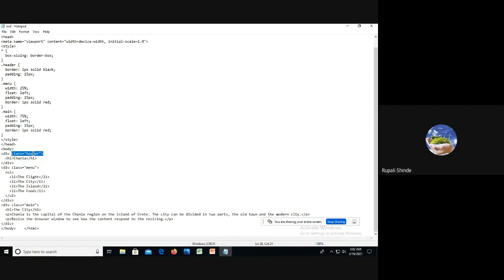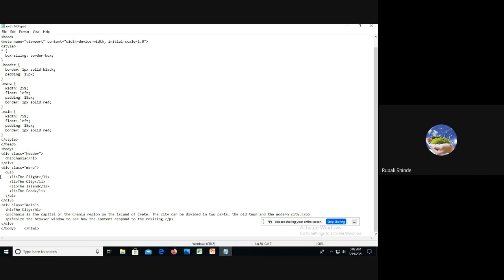That means whatever properties we specify for the header, all those properties are applicable on that particular div element. That div element has the content China, with a border whose color is black, 1 pixel, solid, and padding is 15 pixels. It is applicable on the first grid, or the first row.